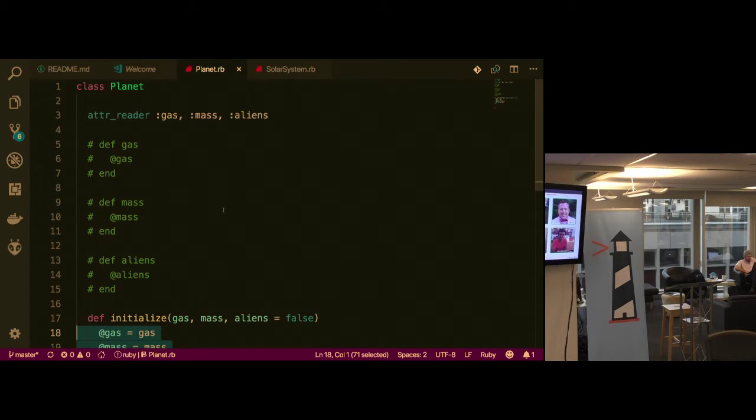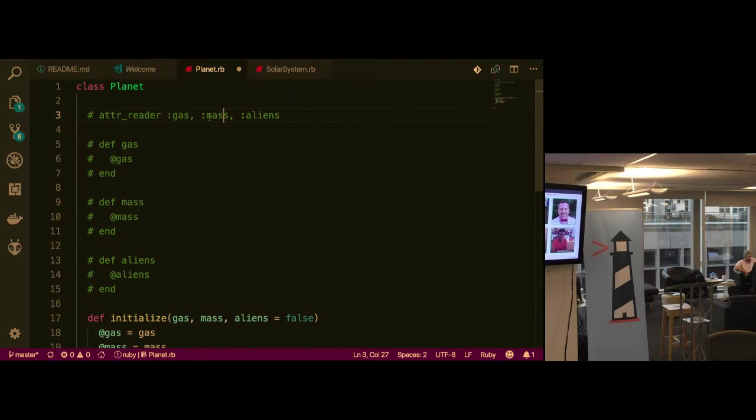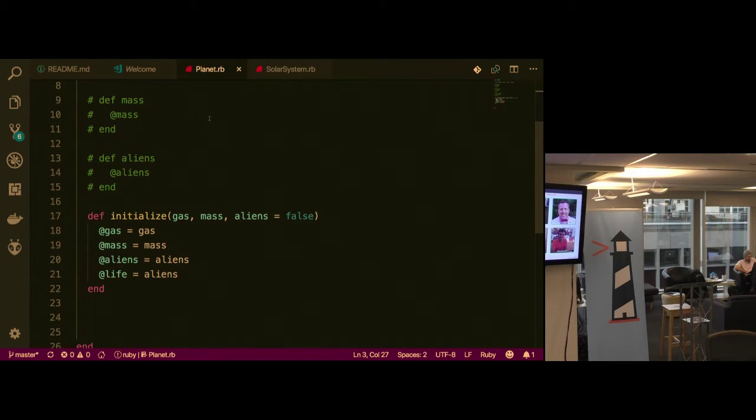So by default, if myself or another programmer comes to this class Planet and wants to use it, let's say from another file like this, the interface suggests that I can create a new planet with gas, mass, and aliens that is exposed publicly. If we didn't do this, then nothing else is exposed publicly, and it's a very simple interface for me to use. I can create a new planet and do nothing with it. It's not super useful, but it's a very simple interface. If everything was public by default, then any developer would be able to come in and get messy with the implementation details, and that's not what we want. We want simple interfaces and to keep all the complexities away from developers, including ourselves.